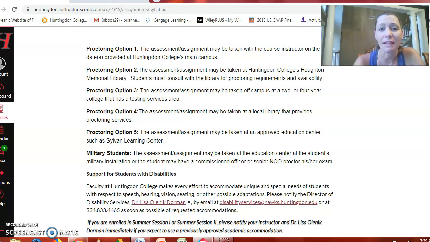Option 2 is you're going to be taking it at Montgomery campus, but in the library. And you will need to consult with the library about doing that. You have to still do it on August 8th. Everybody has to take this final on August 8th. Option 3